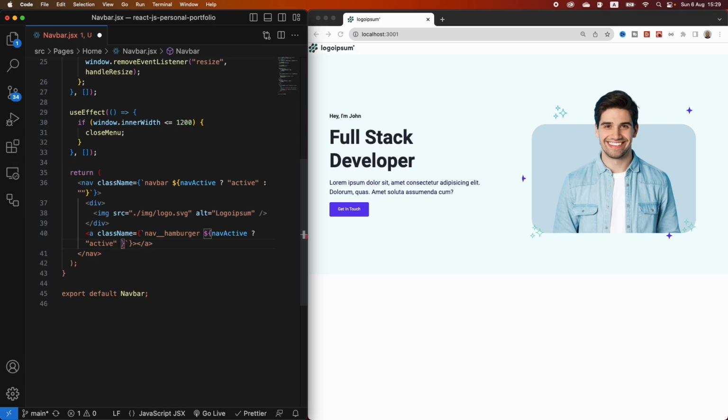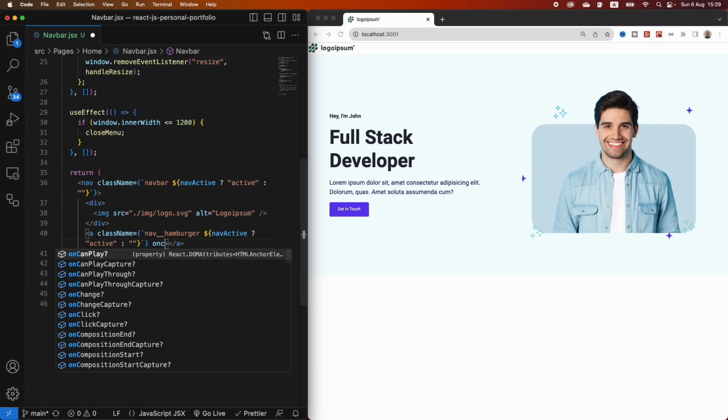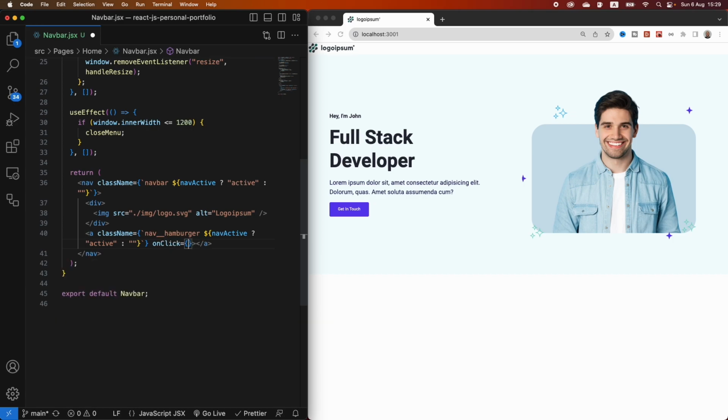And if it's not, we are going to just add nothing, like so. Then we are also going to give this an on click. So after the curly bracket here, we're going to give it an on click, and that's going to be toggle